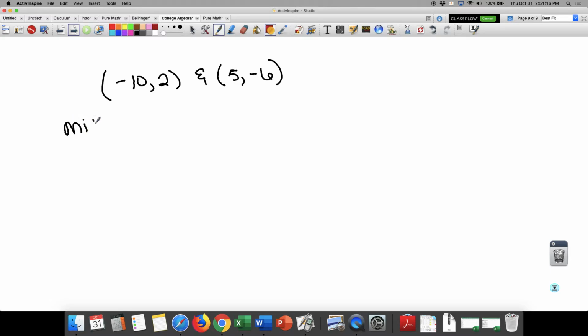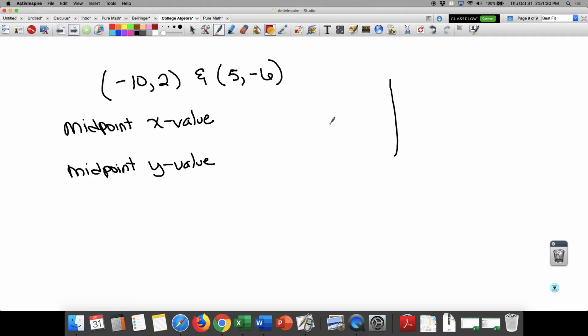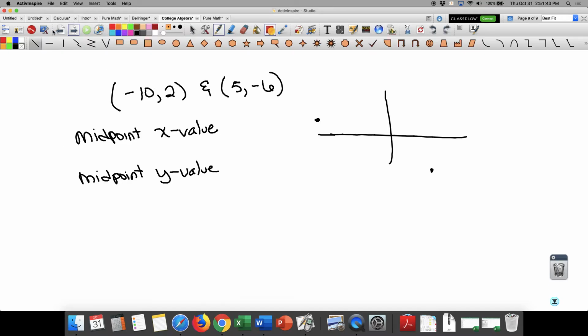I want the midpoint of the x value, and I want the midpoint of the y value. So I have something, again, you don't have to draw this, but -10, 2 might be out here, and 5, -6 may be down here. So we're trying to find the middle point